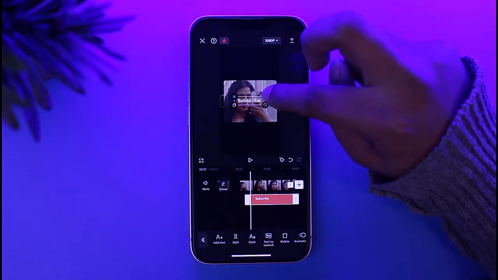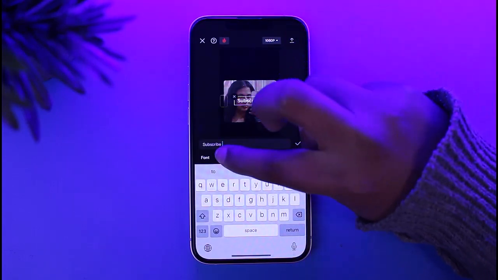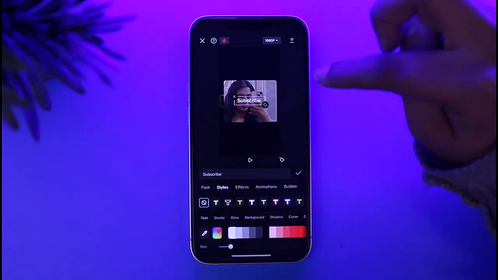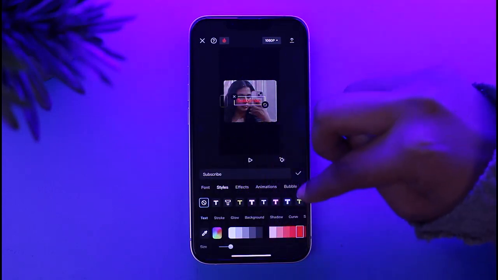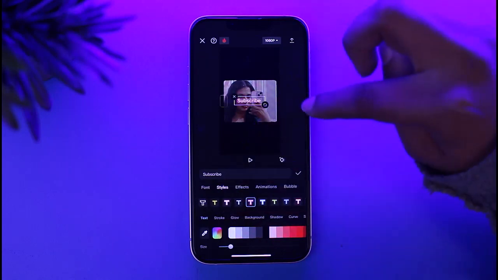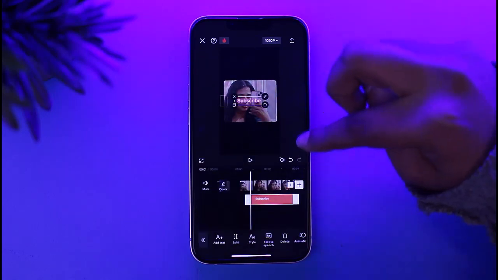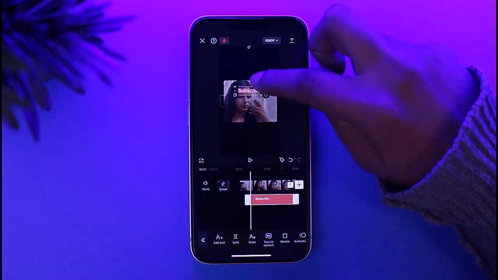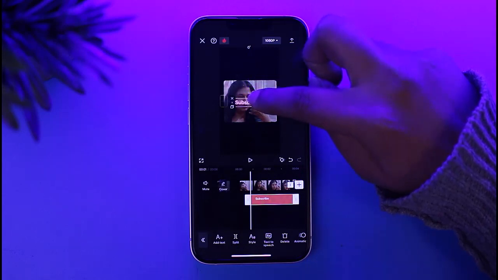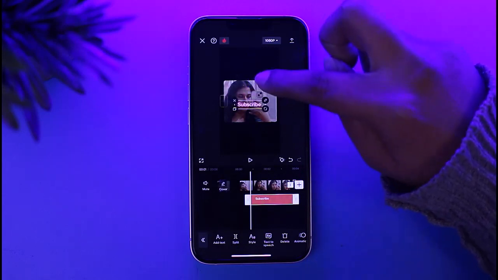We can also choose to tap on this pencil icon, and now we can change the style, the font, the color accordingly. Let's say this is one we're going with, and we can tap on this check mark, and now we have our text. We can choose to place it wherever we would like, right over here accordingly,